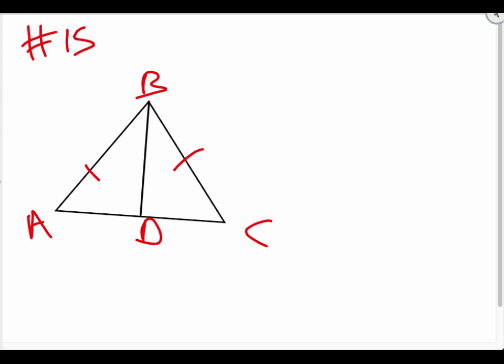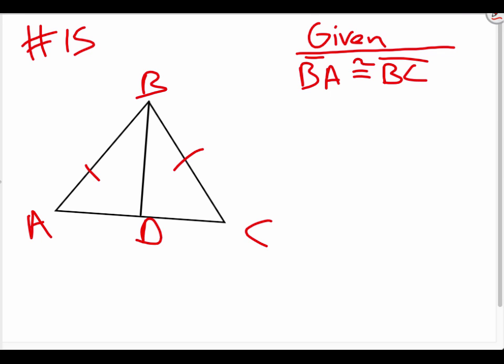All right, so for problem number 15, I have this isosceles triangle, and there's some stuff given to us. What they've given us is that line segment BA is congruent to line segment BC. They also give us that BD bisects angle ABC,